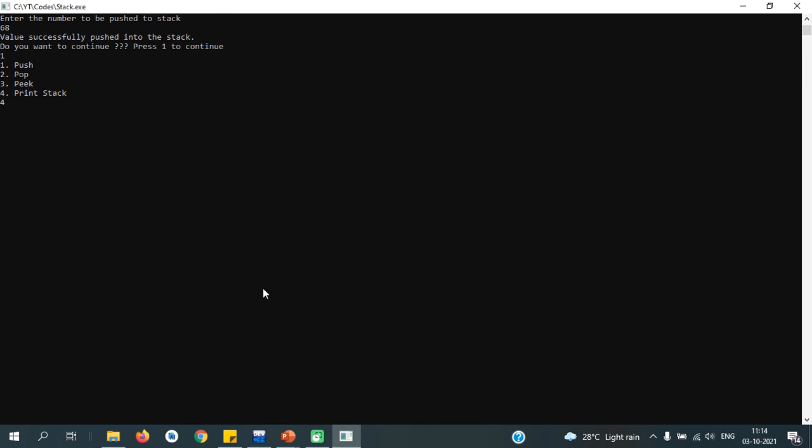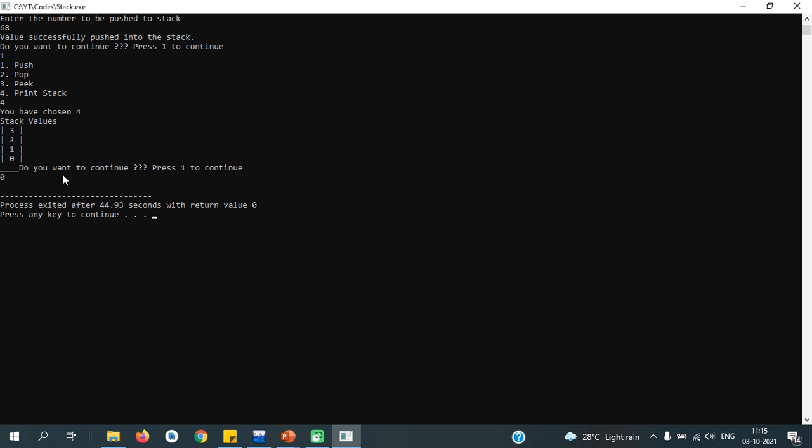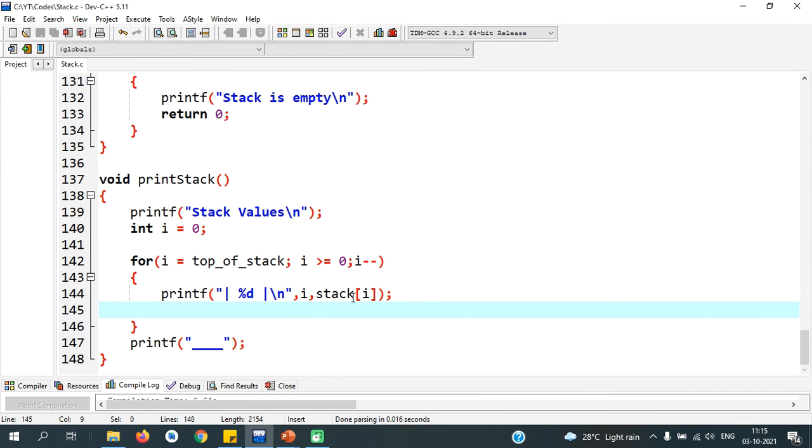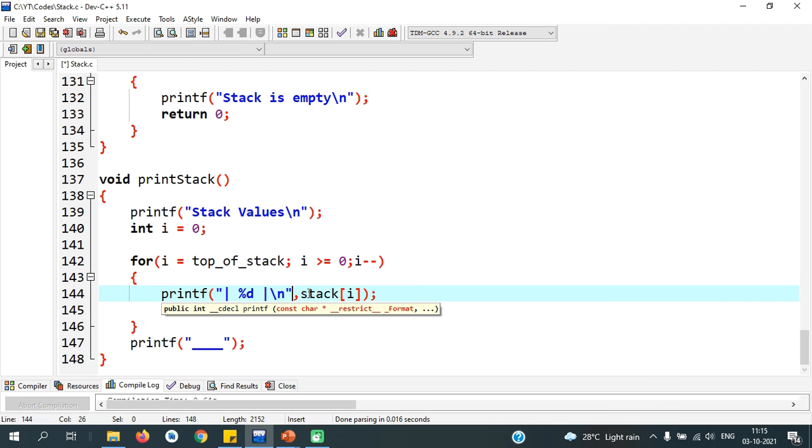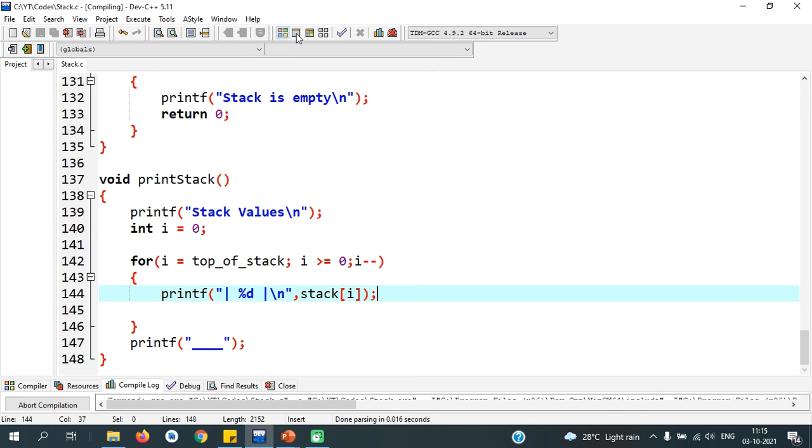I will use option 4, so it looks like a stack. So that has printed the index value.